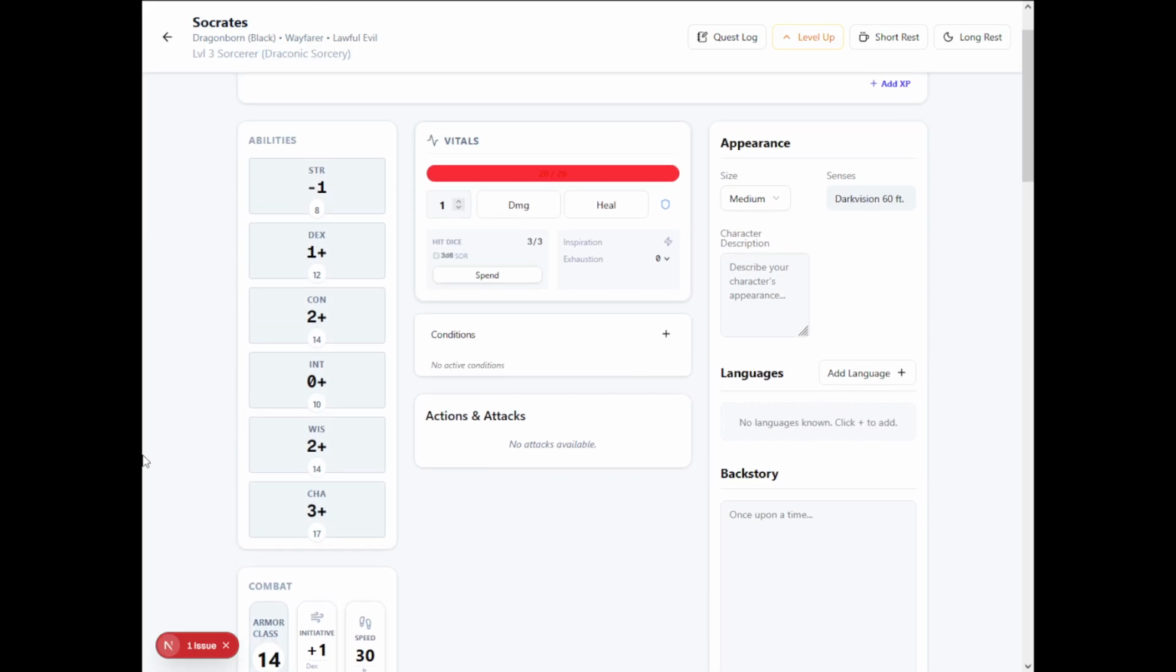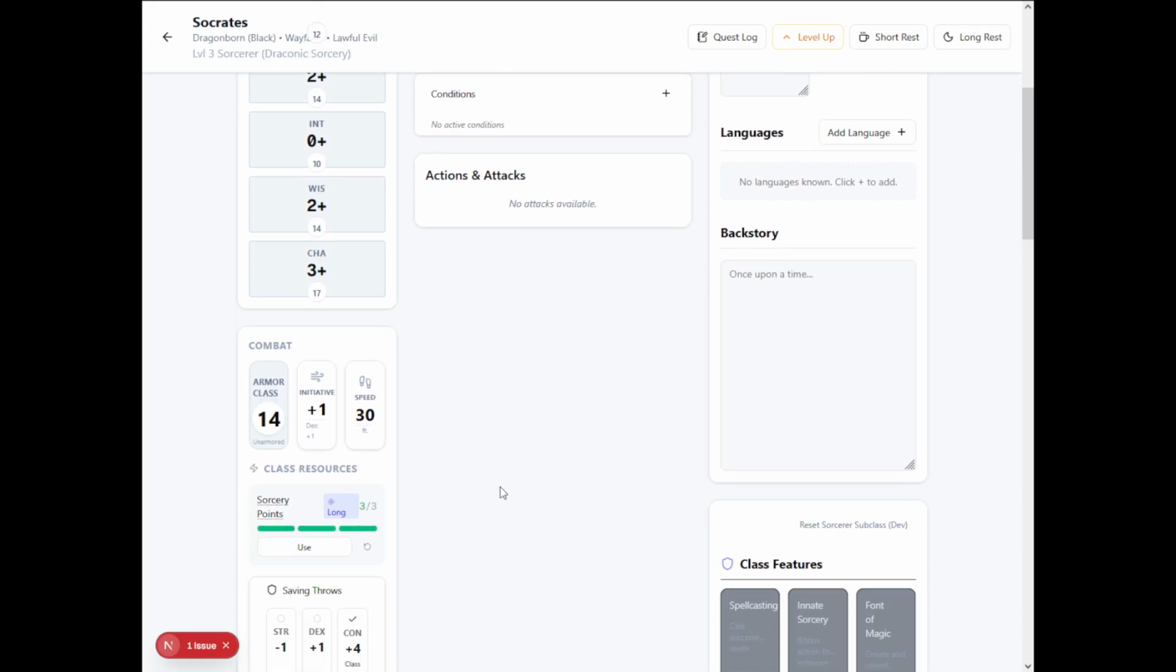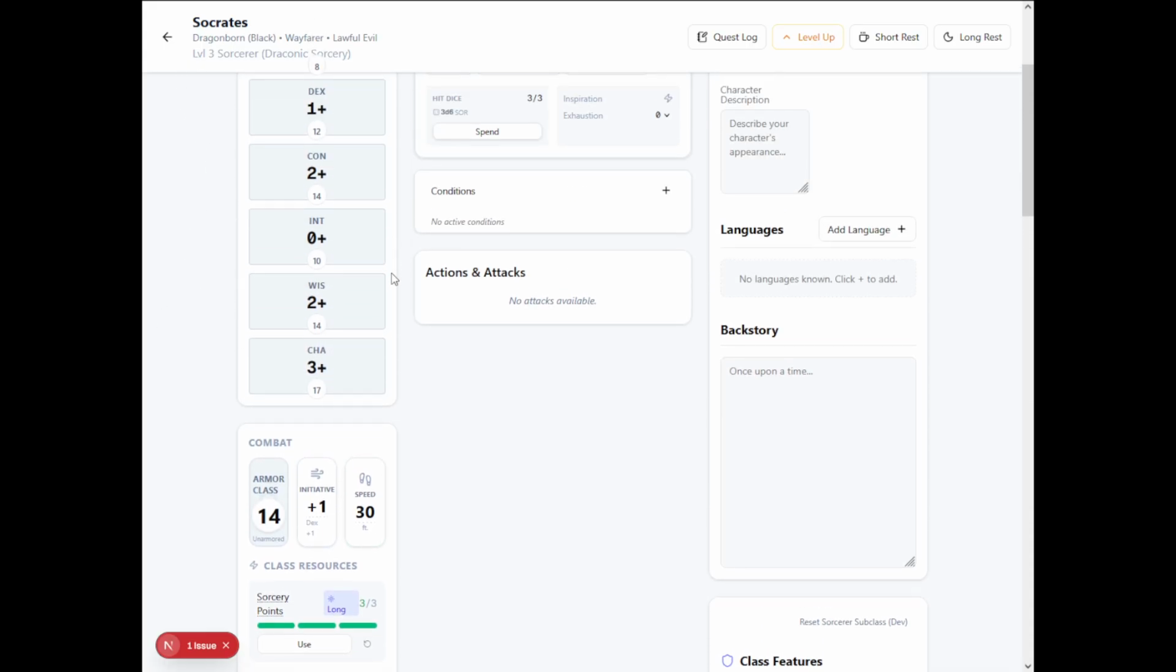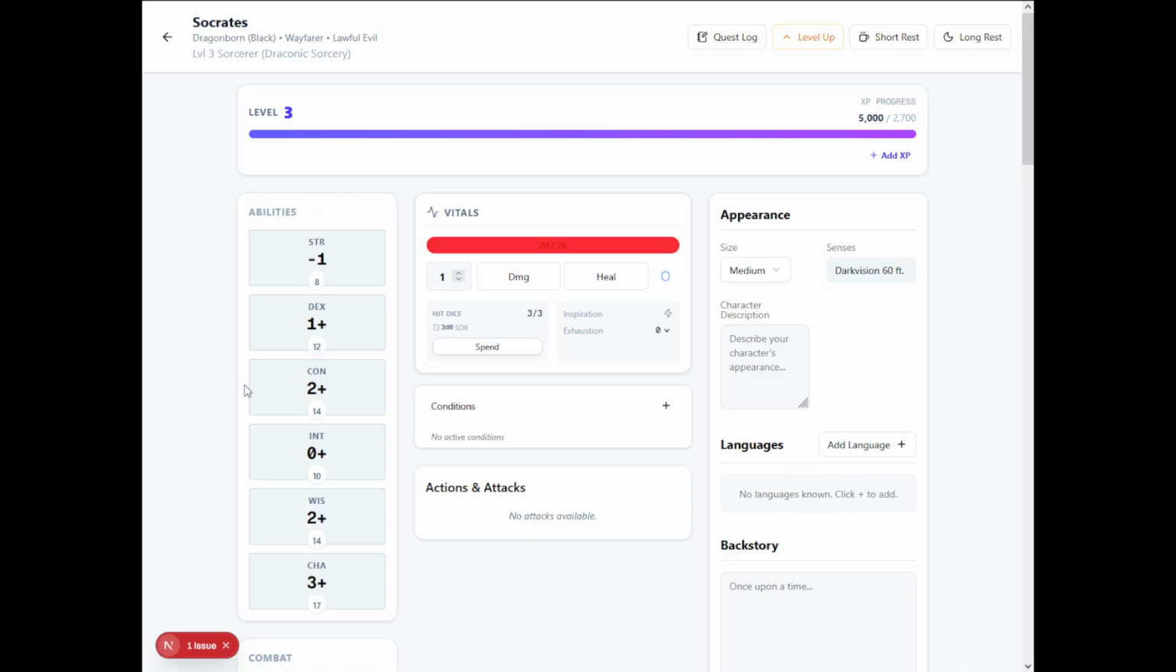So it's trying to adapt to every class or mechanic, and it's trying to be as user-friendly as possible. Now, I will show you one of my favorite features of the application, which are the Dungeon Master tools,